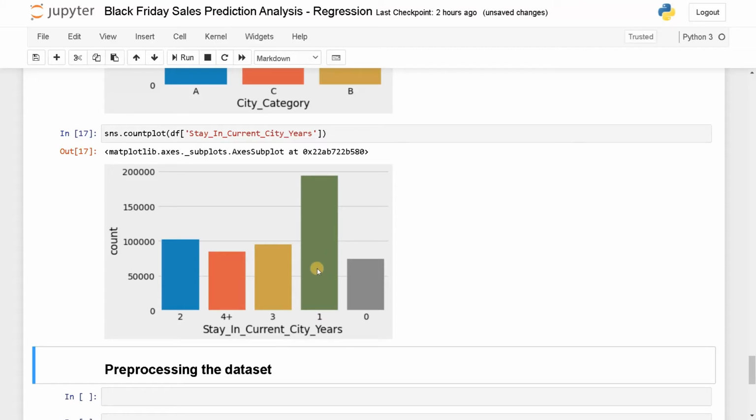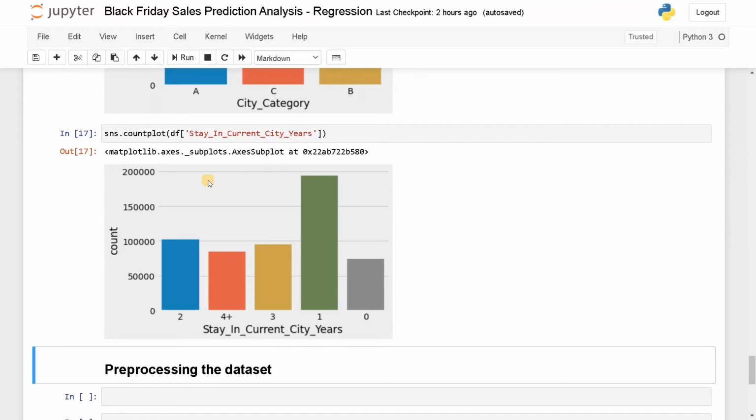More number of people are living in that particular city. Apart from that, all the remaining categories are in the uniform distribution. All the values are in the range of 75,000 to 1 lakh. So it's not a problem. Only this is like a major difference. I think more number of people will purchase if they stay in the current city for at least 1 year.